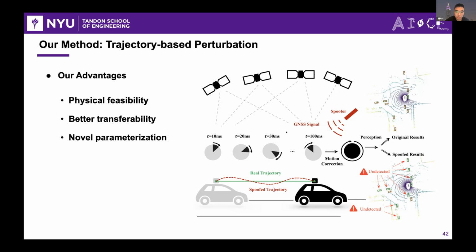You can imagine that the point cloud coordinate-based attack can only manipulate the XYZ locations, the translational part. But for the trajectory-based attack, we can consider each LiDAR packet as a rigid body, and so we can also manipulate the orientation parameters of each LiDAR packet. This introduces more parameters, and we can have a better attack performance.